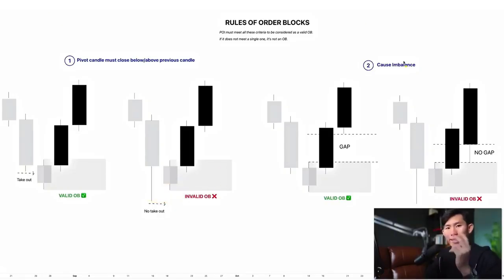The second criteria is that the order block must cause imbalance. What that means is that there must be a gap. How do you know there's a gap there? You basically look at the high of the pivot candle, and then you look at the low of the next candle, in this case right here, and you can see this creates like a little gap that we have right here. What this gap tells us is that